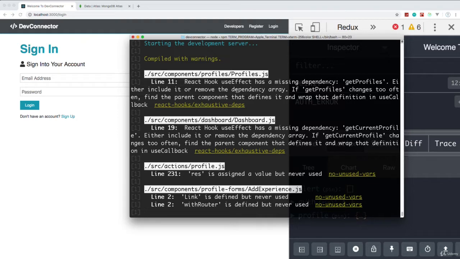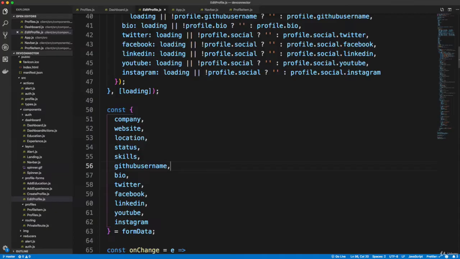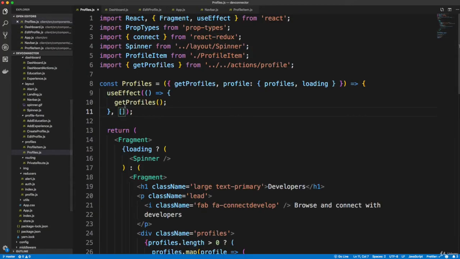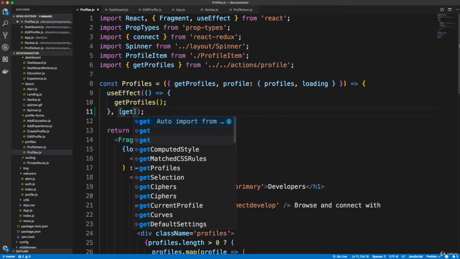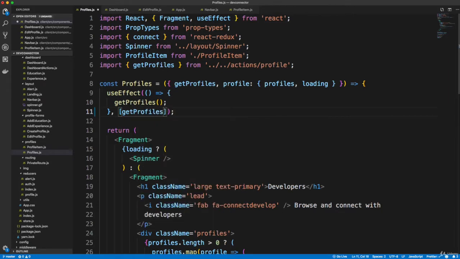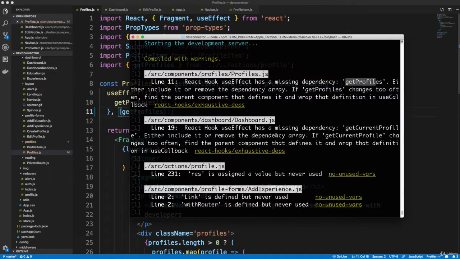As you guys know, hooks are very new, but in profile.js, we have to add getProfiles because we have this empty array here. And we're running getProfiles, which runs within the useEffect here. So we have to add that as a dependency like that. So that should get rid of that one. And if we go back,